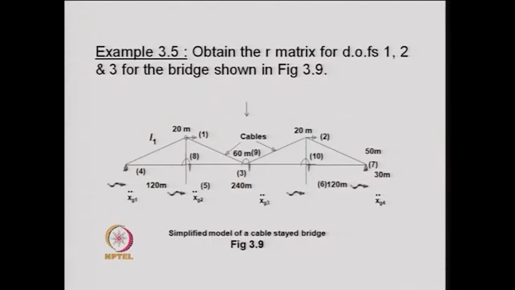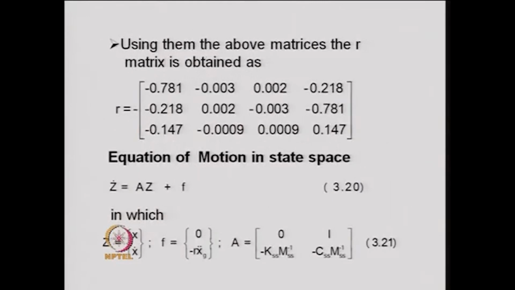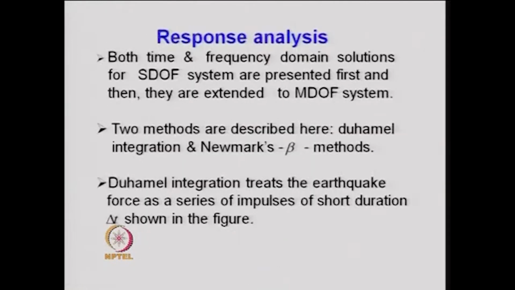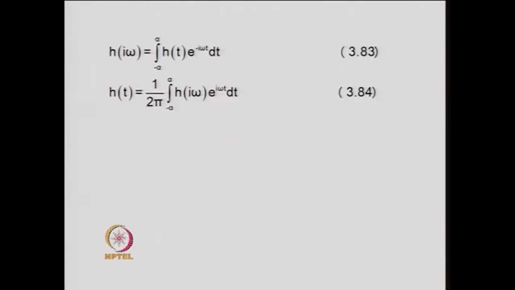and then from the stiffness matrix we took out the 3 non support degrees of freedom, that is 1, 2, 3, and the rest were the support degrees of freedom. From there we constructed the R matrix for the system, and the R matrix was obtained like this. This was the R matrix corresponding to all the 4 support degrees of freedom, and the R matrix obviously was 3 by 4 because the 3 are the non support degrees of freedom. So, with this R matrix in position, we try to solve this problem,